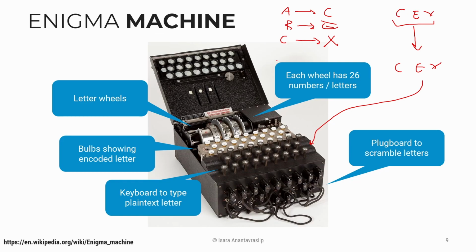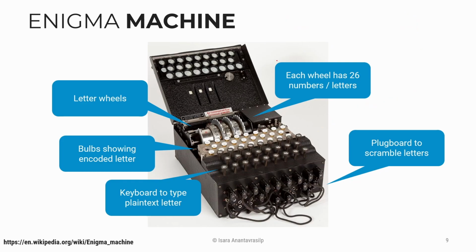The main thing here is that both sender and receiver had to set up the machine in exactly the same configuration. And what can they set? First, they will have to select the wheels: 3 wheels out of 5. Each set has 5 wheels, 1, 2, 3, 4, 5, and they're going to select 3 of them. Depending on the configuration, they need to agree, like, okay, select number 1, number 3, and say number 4. Both sender and receiver had to select the same wheels.